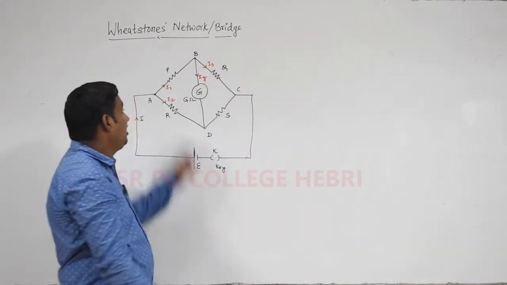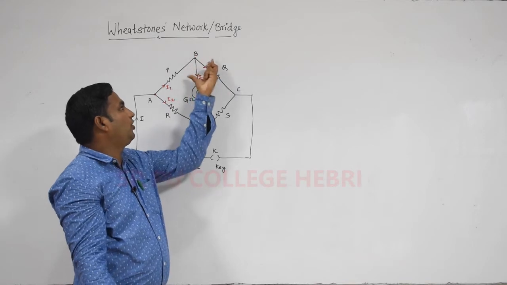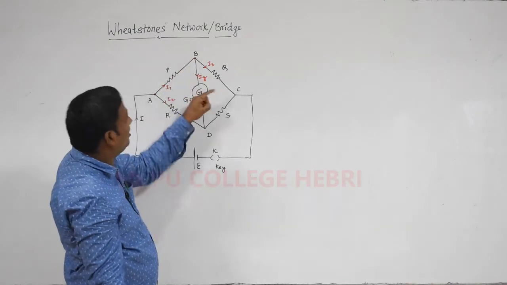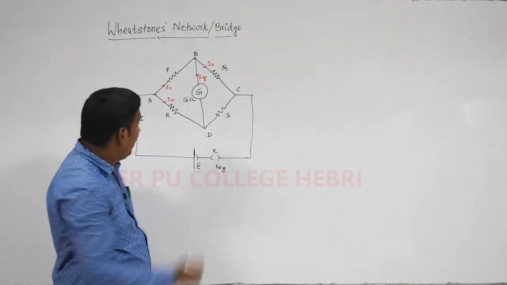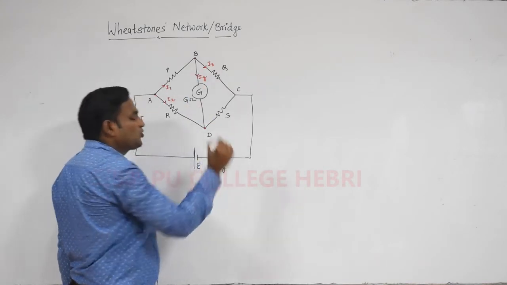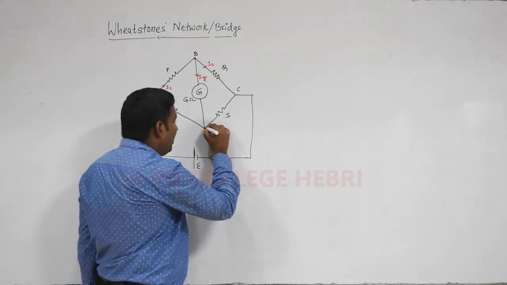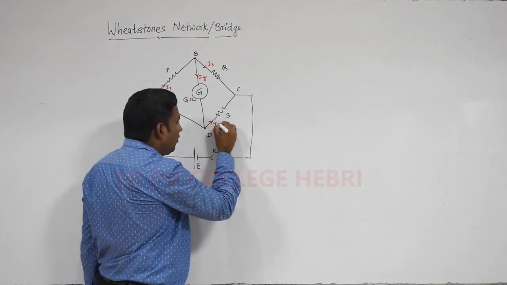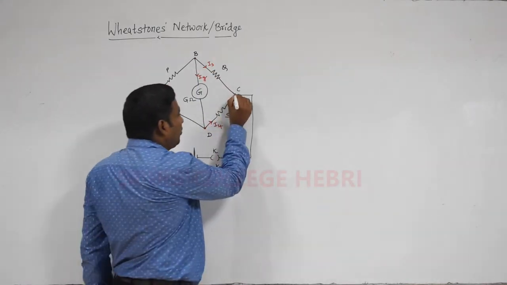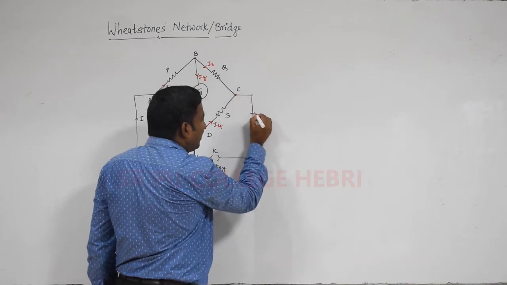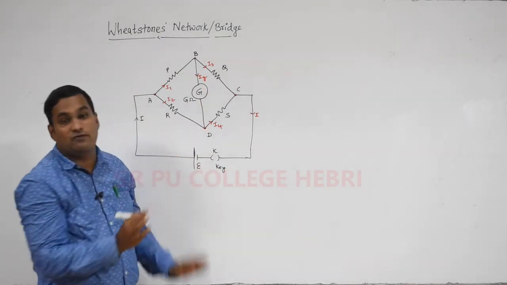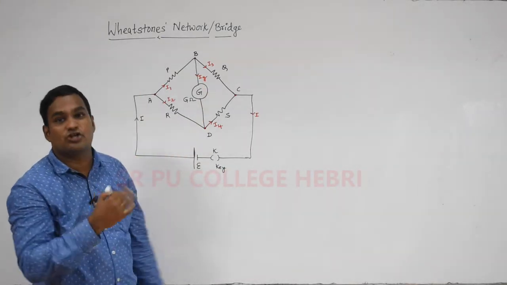Keep that point in your mind. I1 reached to a point B is divided into two branches. One is IG, current flowing through a galvanometer, and the other is I3, current flowing through a resistor Q. Again here, I2 and IG enter point D, which also acts like a node. At point D, they combine together, and we get the current we call I4. Again here I4 and I3 reach node C. Together they provide a current equal to I. This is the diagrammatic representation of Wheatstone bridge with a suitable direction of current.